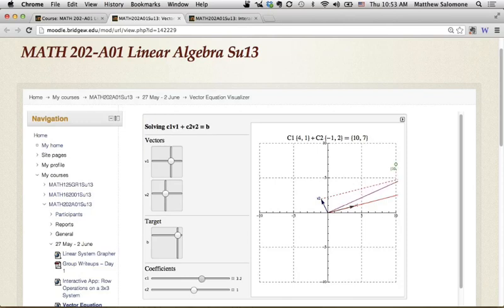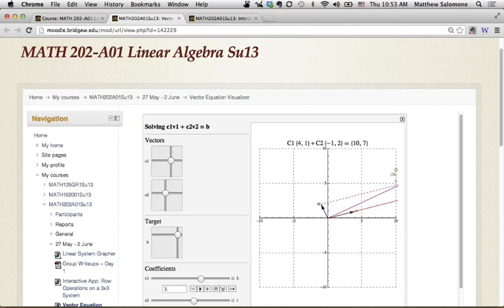And so we stretch out our first basis vector by something. Here, let me try to be as accurate as I can be. And then we stretch out our other vector by potentially something else. So stretch this out exactly as much as we need to land on our target point. We can't quite see the whole thing in this example, but we find out that the right combination of coefficients for this problem